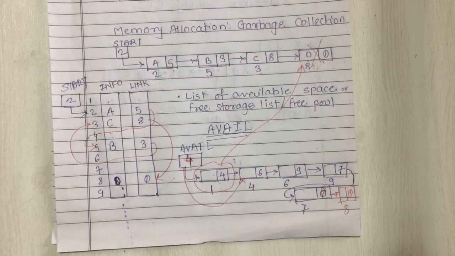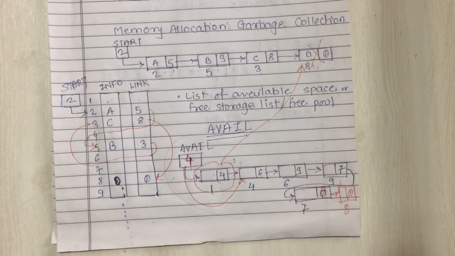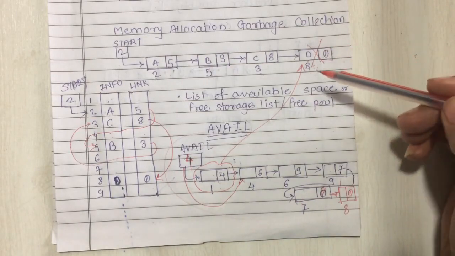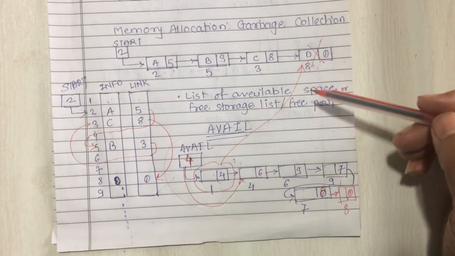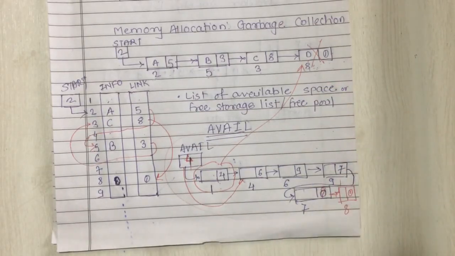If hundreds of nodes are deleted, then we have to remove 100 nodes one at a time, and add them in the avail list, or simply the free pool. But this process of removing the deleted node from a linked list and adding that in the avail list is actually a time consuming process. So to overcome this, one more technique is developed.